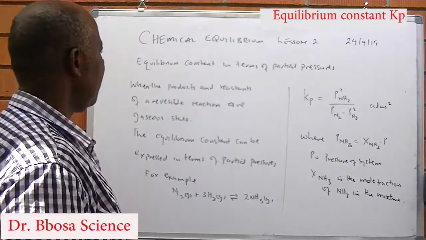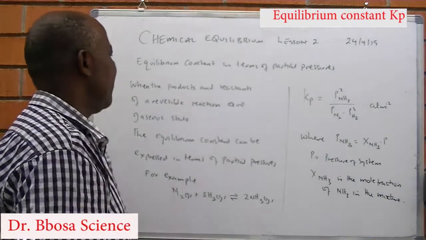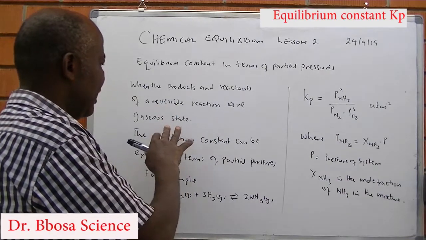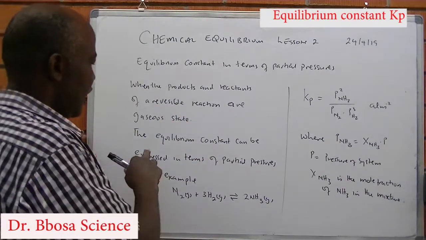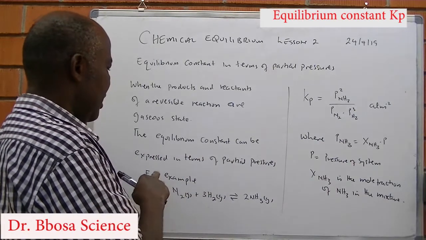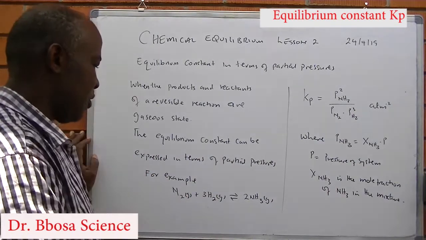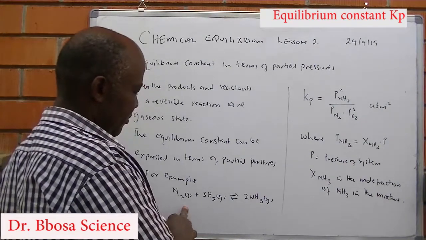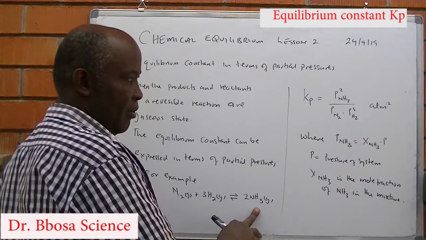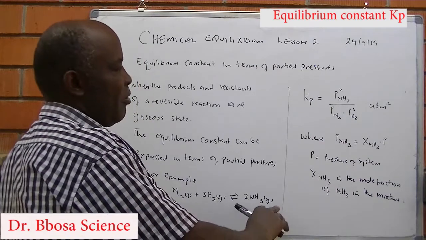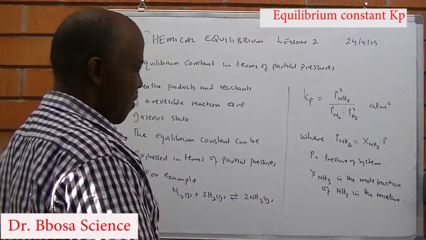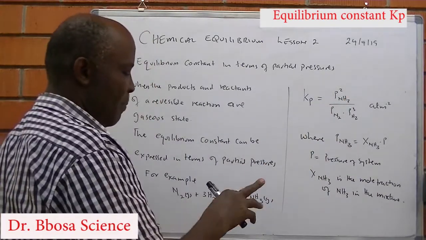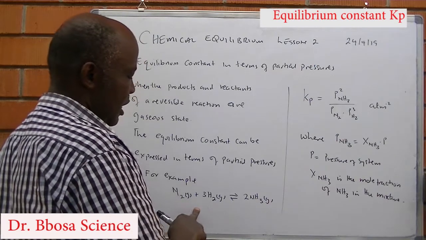2019. So we are saying that when the products and the reactants of a reversible reaction are in a gaseous state, the equilibrium constant can be expressed in terms of partial pressures. For example, nitrogen plus hydrogen, you get ammonia. The equilibrium constant Kp will be equal to partial pressure of ammonia squared over partial pressure of nitrogen times partial